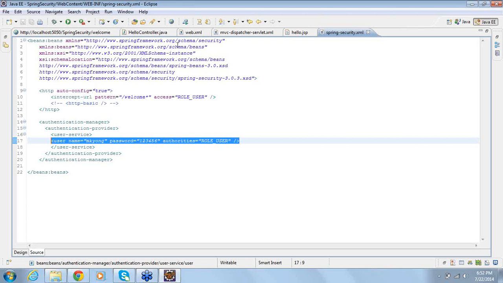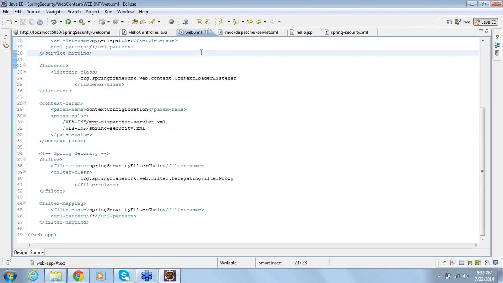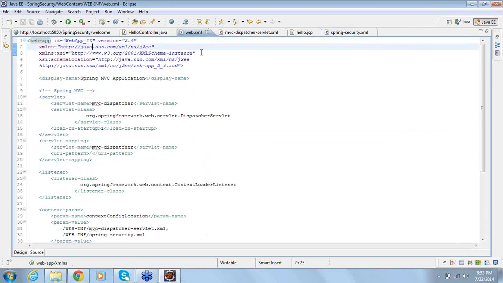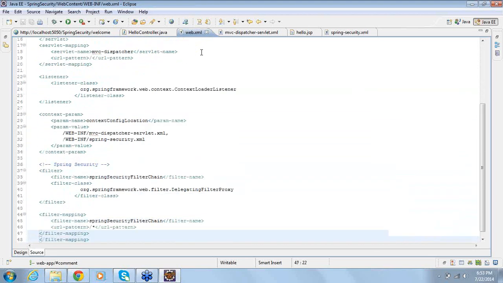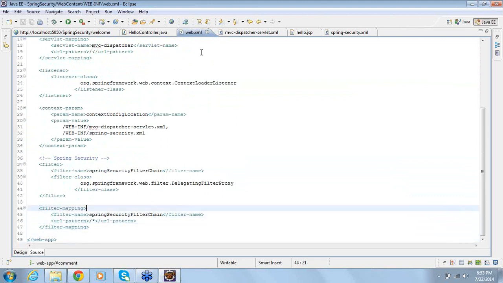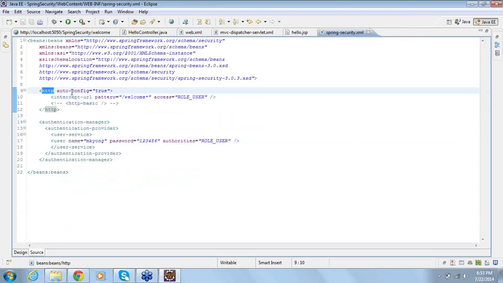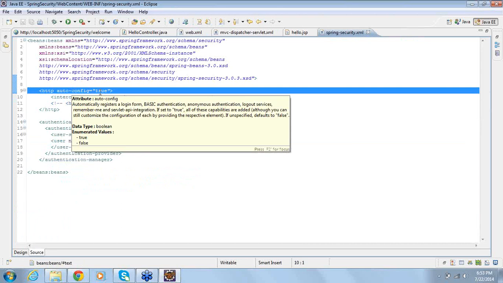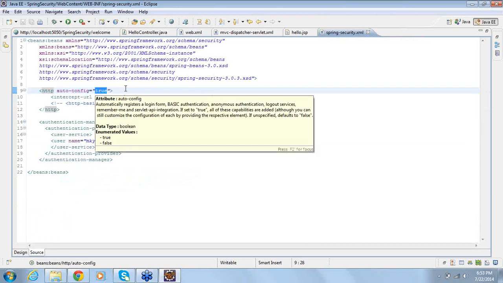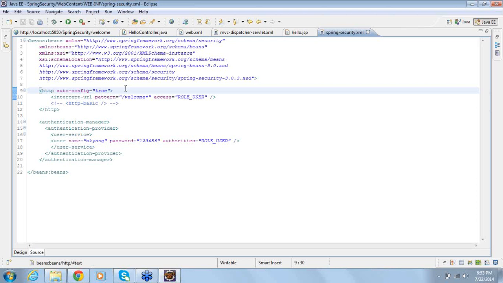So whenever you make a request, what happens? As usual, it goes to the web.xml. In the web.xml, we look at the dispatcher servlet, but you know that between the servlet and the client there lies a filter, and before it goes to the servlet, it reaches the filter, and this filter will depend on the spring-security.xml, and in that you have written something called autoconfig equal to true. So what do you mean by autoconfig equal to true? It indicates that